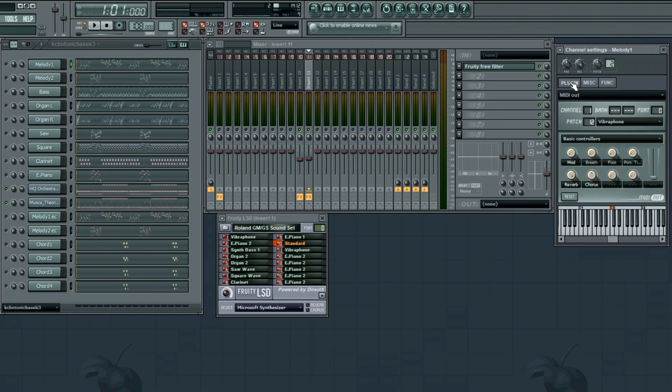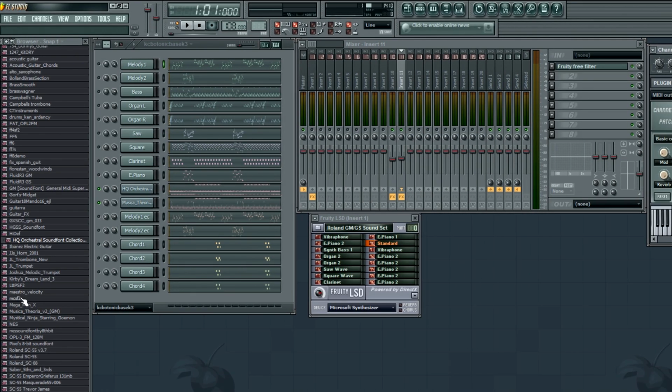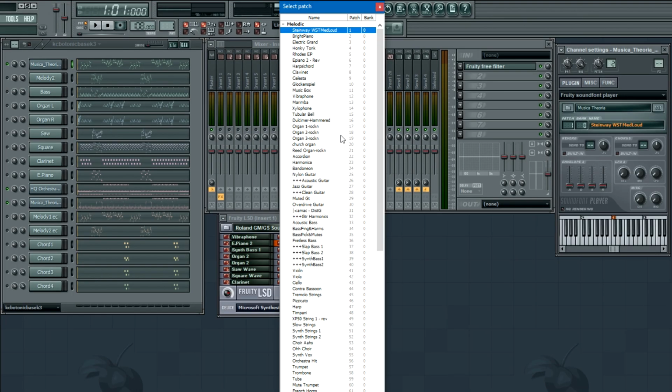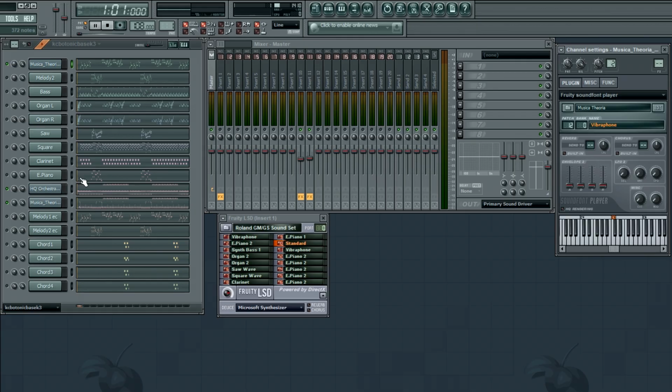So now we've got the melody, and this is like a vibraphone. This is like the dun dun dun dun dun dun dun dun dun, you know, that kind of thing. Again, my workhorse here is Musica Theoria, so we're just gonna drop Musica Theoria in here. That's electric piano. Is this the echo? This is the echo. I'm gonna hold off on doing the echo because usually I like to do echoes via a plugin. There's a delay plugin that works really well, but we'll do